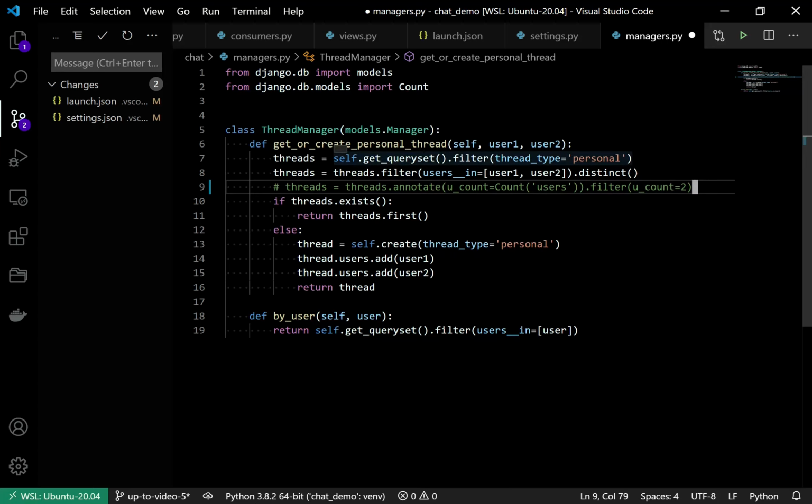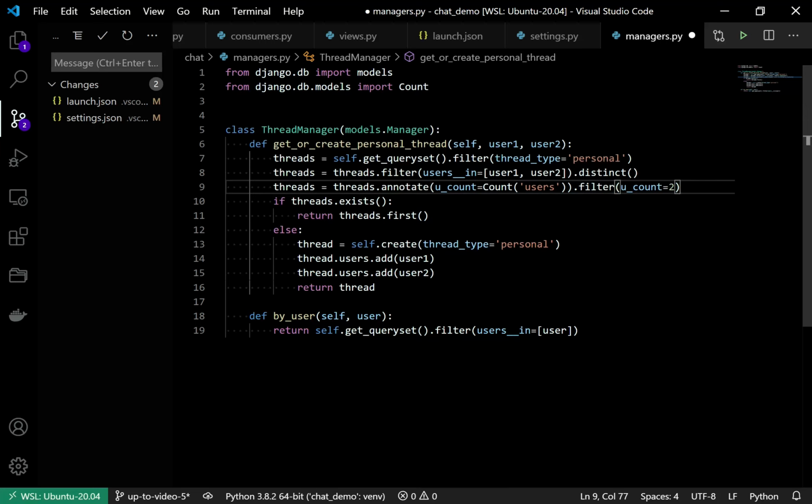Personal threads are going to be created from here itself, and those are going to have only two users anyway. But suppose you have created a thread directly in the database from the admin console, maybe you have added three users, then in that case it can raise an error. So for that purpose I have added this check as well.